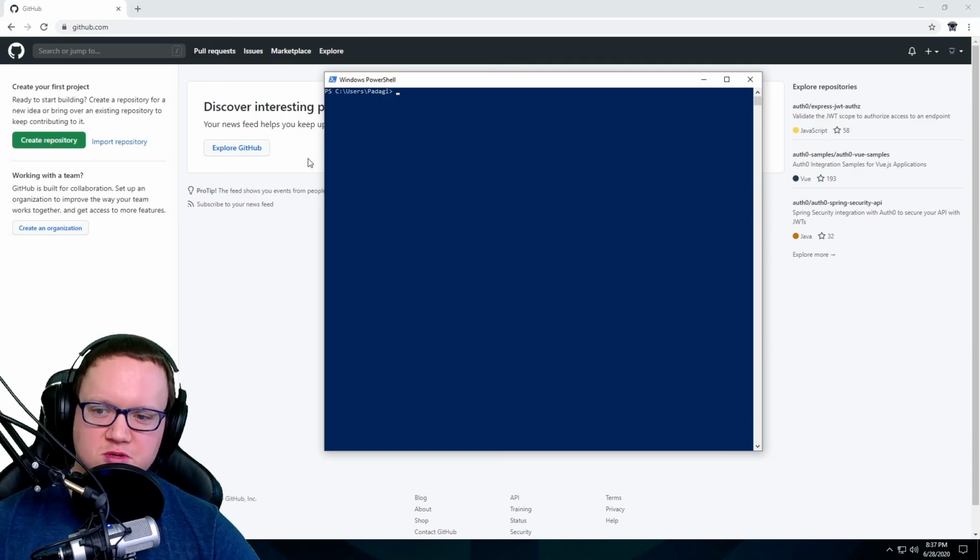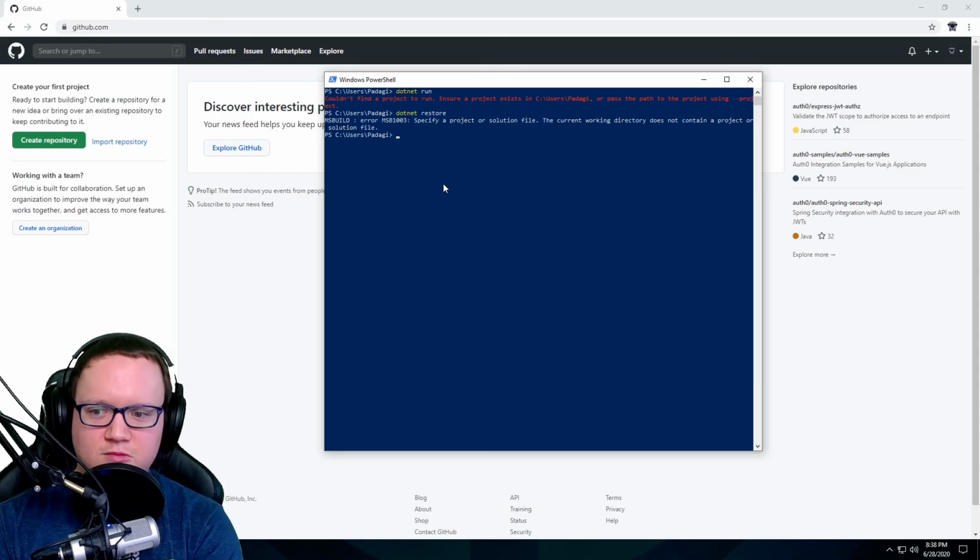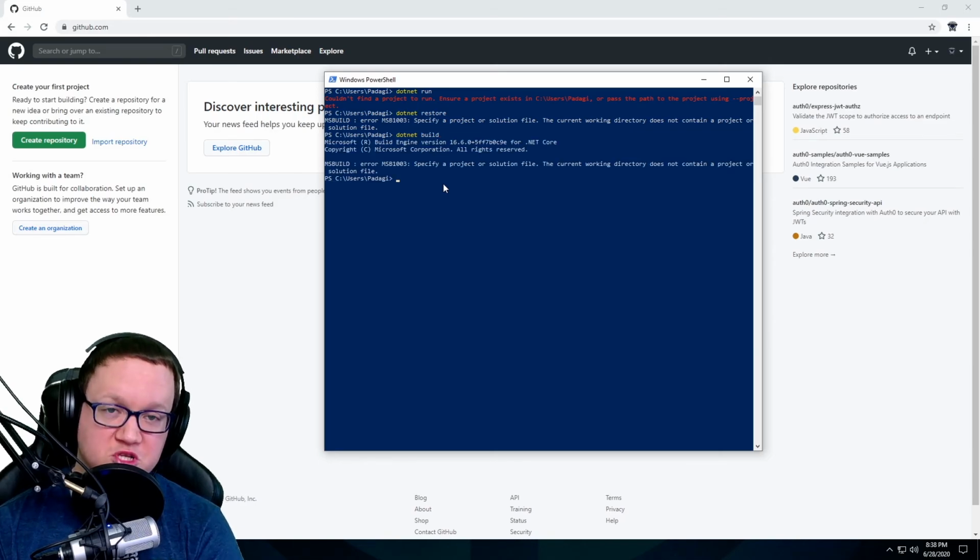You will universally use certain commands like .NET Run to start applications. As you can see here, it errors out because I currently don't have a project open in this particular folder. When running an application on any platform, you'll universally use certain commands like .NET Run, like the one we just used. Likewise, the CLI can universally be used to restore dependencies with the command .NET Restore, which will happen automatically also when you do .NET Build, which builds your application, in addition to some other commands which